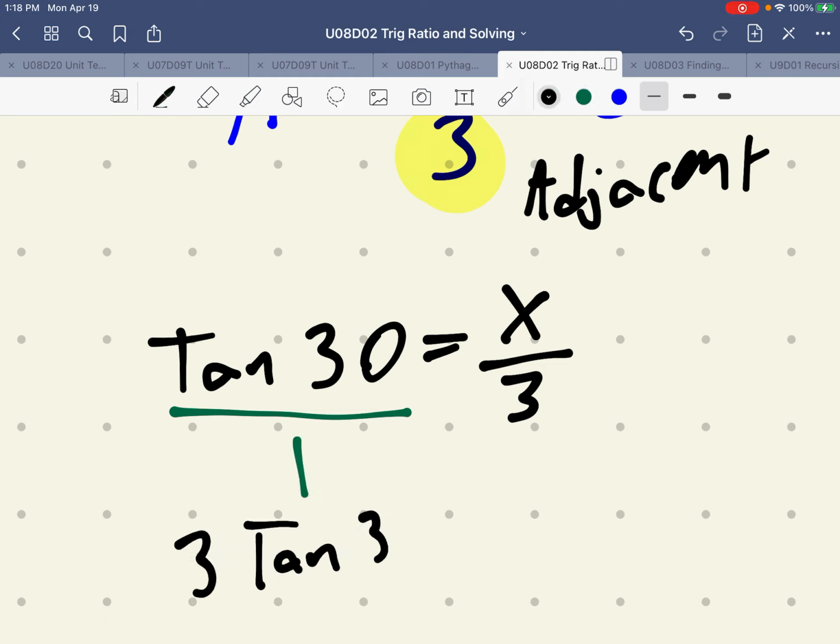Now we can calculate this using our calculator. So we're just going to do that really quickly. I'm going to open the calculator app on my iPad here. I'm going to go into mode and make sure we're in degree mode because we're working in degrees, not radians. We press second mode to go back to the main screen. I'm just going to type 3 tangent of 30. If we do that, we get x is equal to